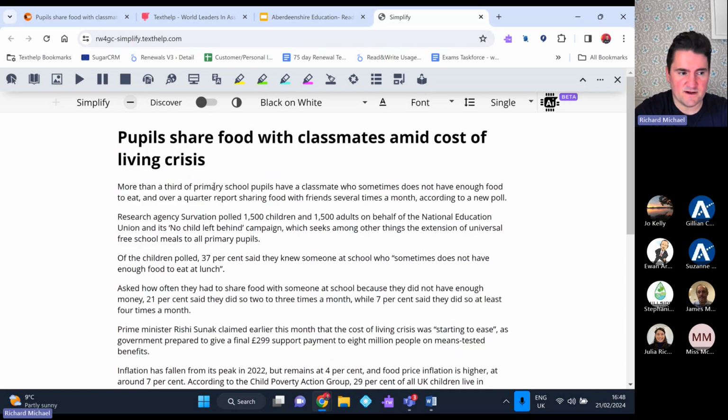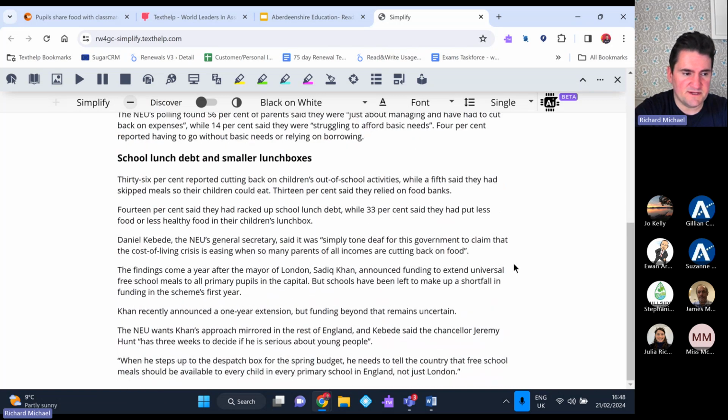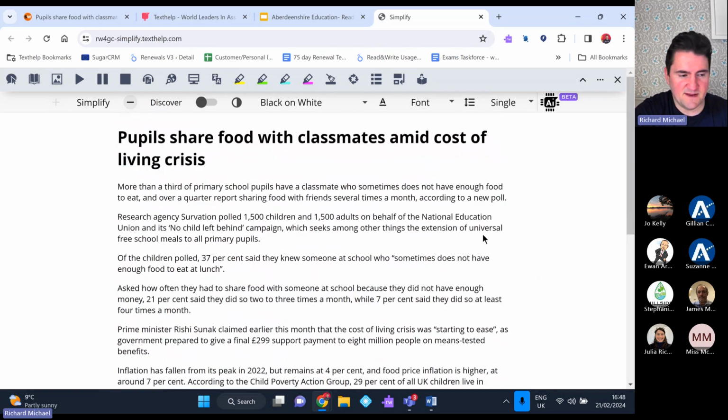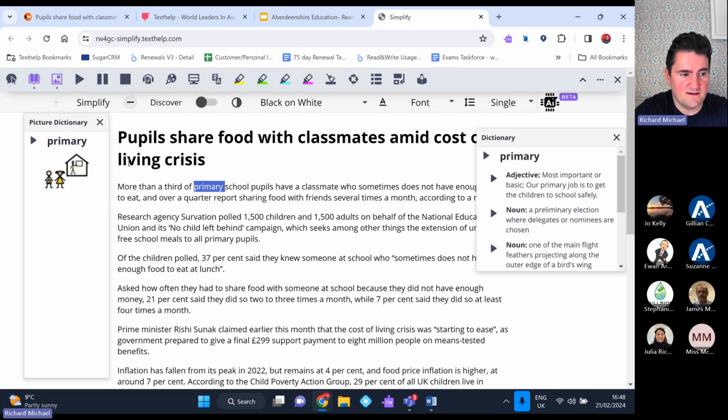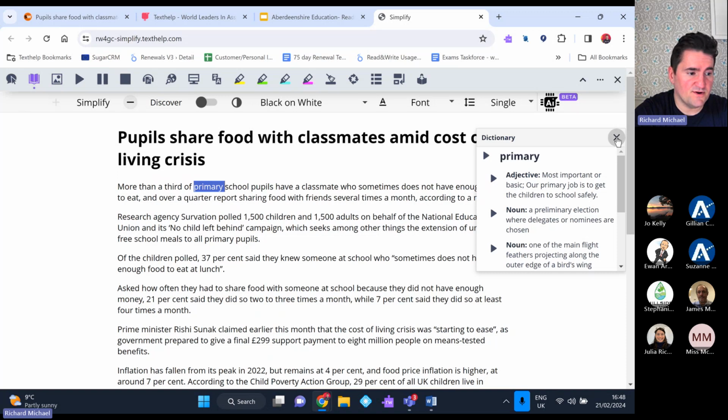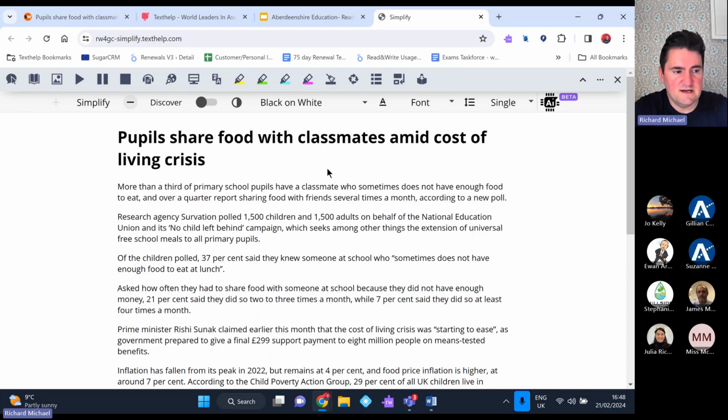It's still exactly the same article, but it strips out all the images, all the advertisements, and makes that much easier for a student to navigate through and digest. And there's no difference. We can still read all of the text in exactly the same way. We can use the picture dictionary and the dictionary to support us with our understanding of the article as well. So for me, it strips out all of the noise, all of the distractions, and allows the student to focus